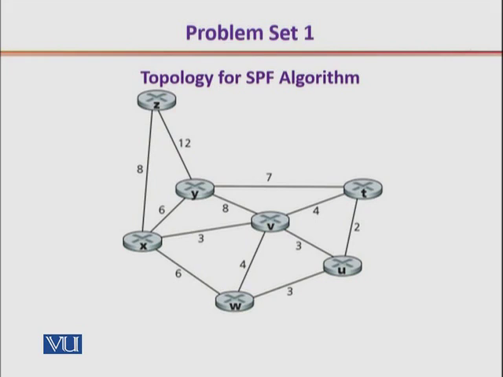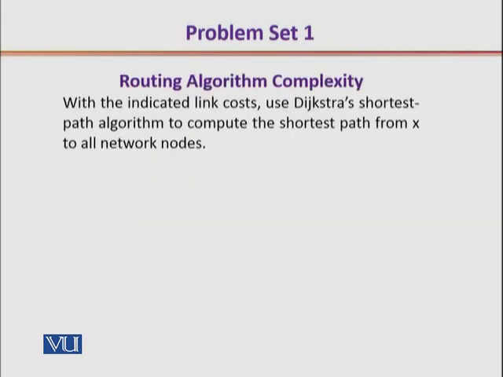Here you can see that, as always, the routers, also called the nodes, are represented with alphabets starting from X, Z, and so forth. Their connectivity is shown to you, and their link weights are also shown here. Now your job is to determine the shortest path from X to all the network nodes using Dijkstra's algorithm. Remember that you would start with an empty set for X, and you'll start to include the nearest neighbors first